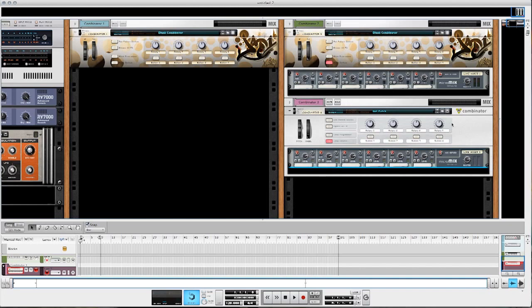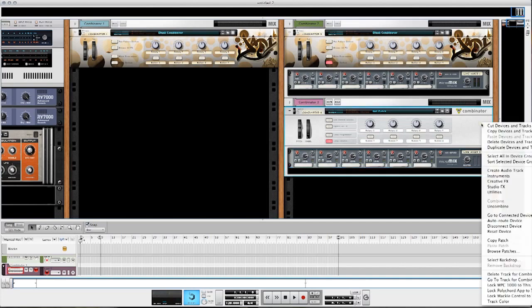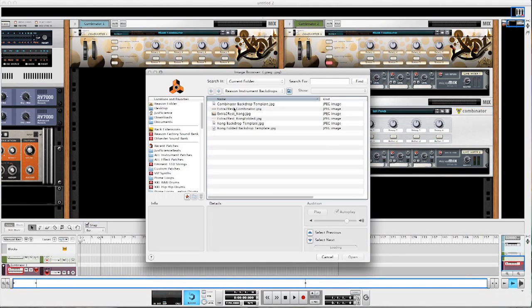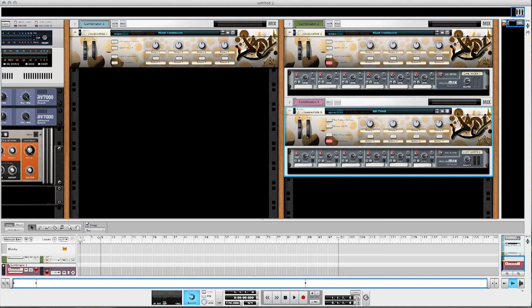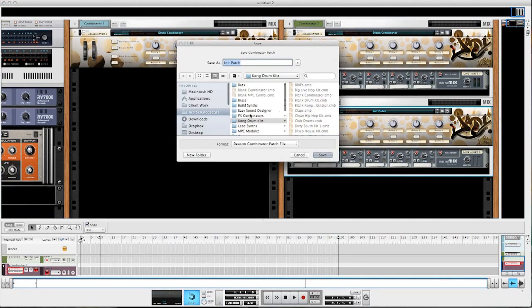Now, you may be wondering how I got this artwork up here. I showed it to you in the last tutorial, but for those who didn't see it, if you right-click and select backdrop here, both the combinator and the Kong have options to create your own artwork in a JPEG file. They have templates for it on the install disks for Reason, and I believe probably on their website as well. So when I save this out as a blank combinator,